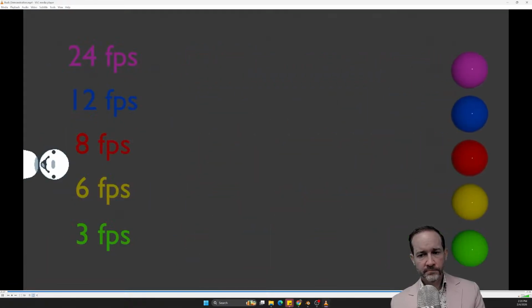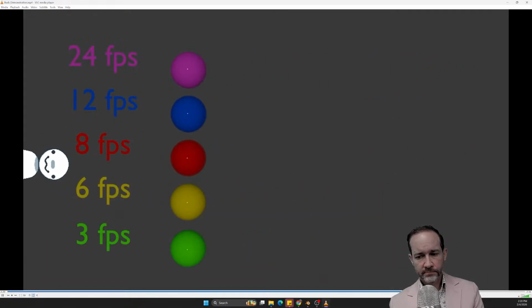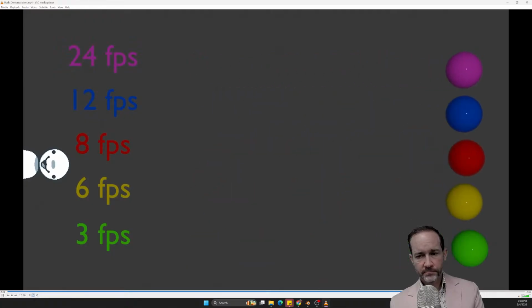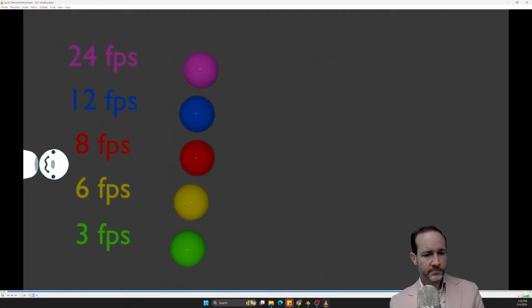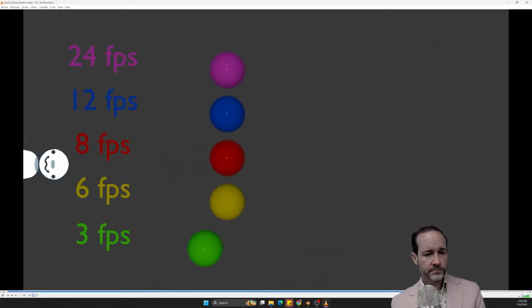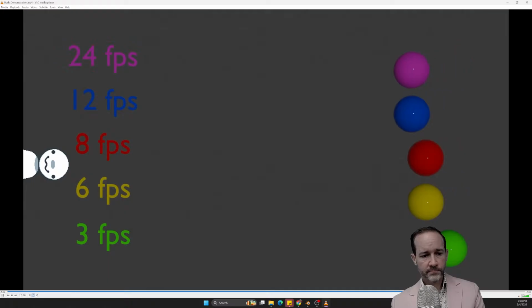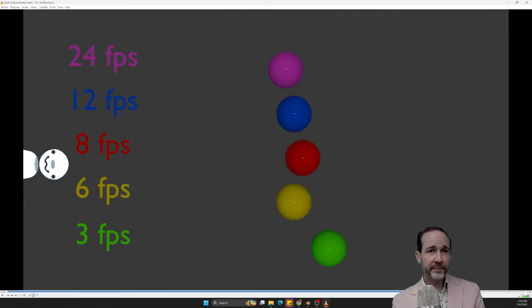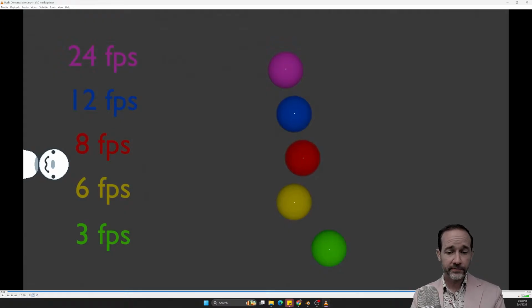This is just a quick example of the frames per second. These are all the same animation. It just changes how many frames there are per second. We have 24, 12, 8, 6, and I just added 3 for fun. Yeah, that's a good example. I mean, 3 is definitely below, like, does it look animated at that point? It does look animated at that point, but it's only 3 frames every second. So great, good. But you figured it out.